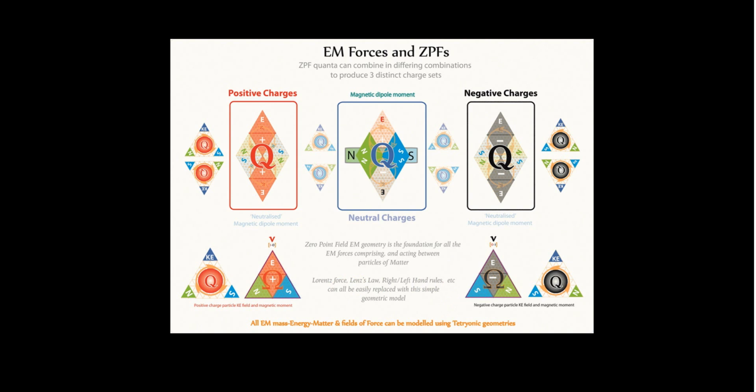The only other thing I'll add right here is that, as you can see in the bottom 4 triangles, the positive EM field can also be drawn shorthand as the KEM field. So in the case of a positive charge, a spherical point charge, which we know don't exist, but we can shorthand them as that, you can see the positive Q for the charge with its inductive fluxes for the inertial mass of that particle, and you can see that it gives rise to kinetic energies as well as a magnetic moment, north-south. The opposite charge particle, say instead of a positron we have an electron, would be a negative charge particle with the opposite spin curl flux for its inertial masses that make up that particle, and the exact opposite resultant kinetic EM field